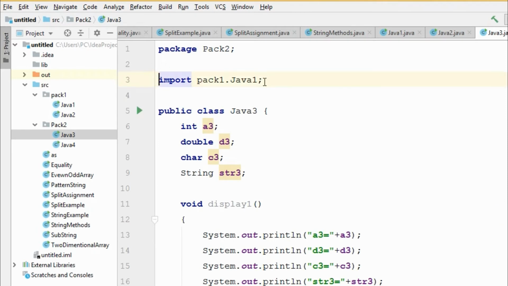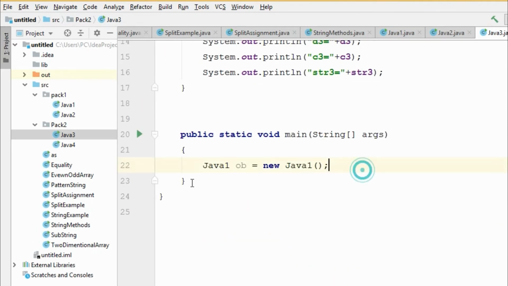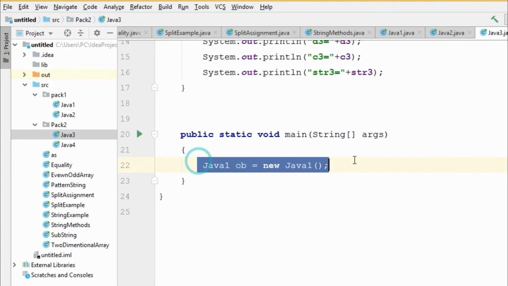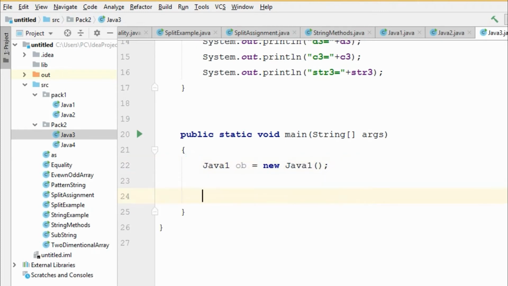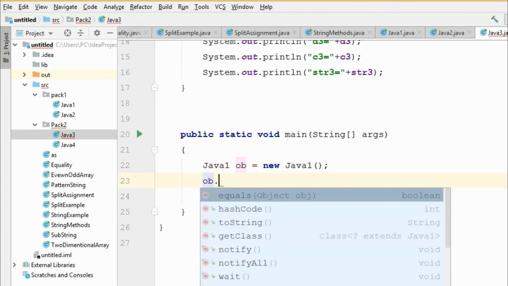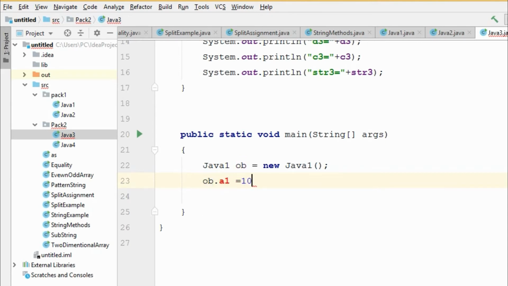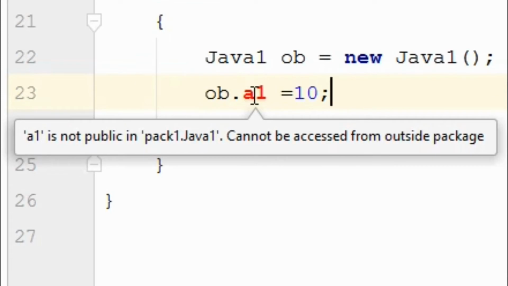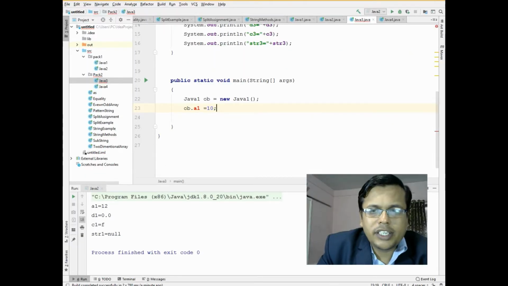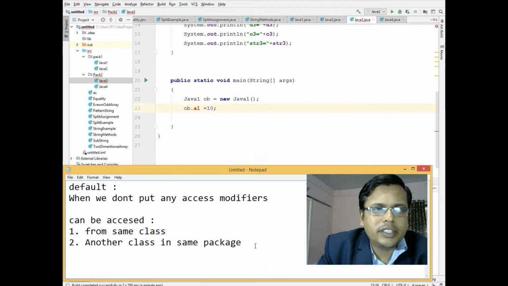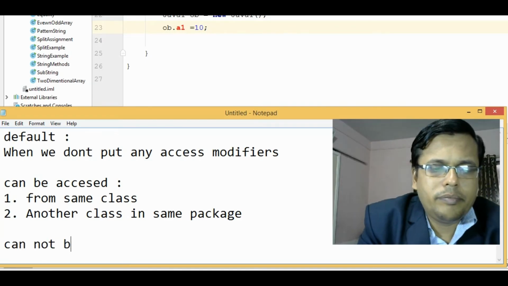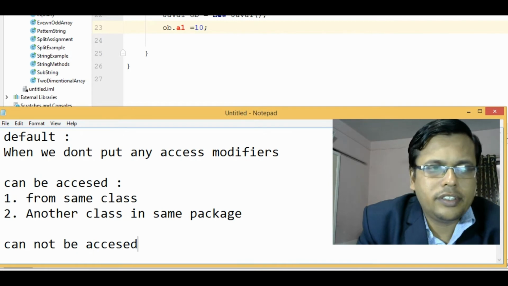So import pack1.java1. Fine. So I have created an object of Java 1. So let's try to access ob.a1 and let's try to assign some value to it. What it says is, a1 is not public in pack1.java1, so it cannot be accessed from outside the package. So it means that default members cannot be accessed